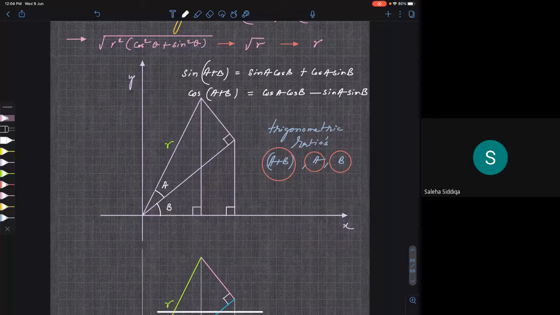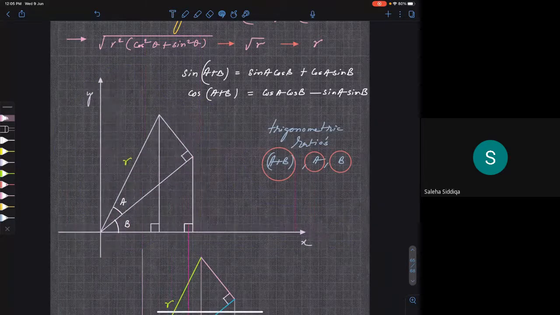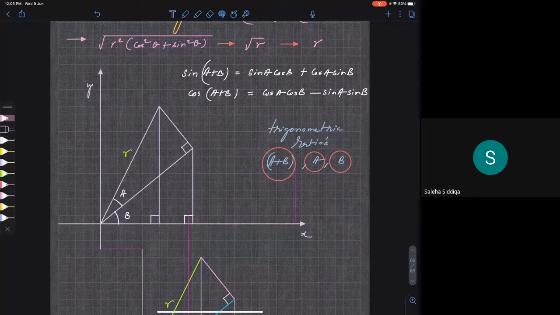Anyway, now if you look at this diagram, let me just move it a little bit, because this is cluttered. Okay, so I'm moving it a little bit here just for clarity. Now if you look at this diagram, first what I drew was I drew the line R. This line was of length R. Can you see that?